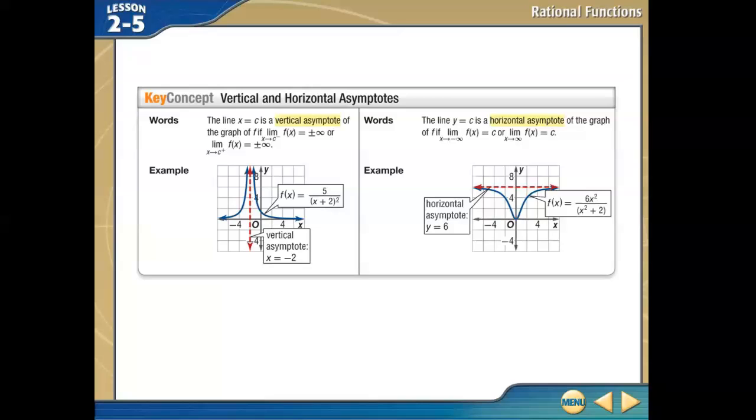But for a horizontal asymptote, you're really talking about end behavior of the graph, because you're dealing with the limit as x approaches negative infinity and the limit as x approaches positive infinity. And the value of c will change. Okay, but all your rational functions, they're going to be presented to you in this type of form,